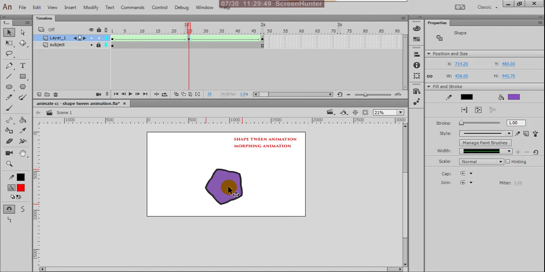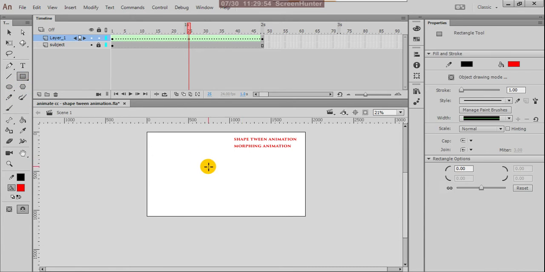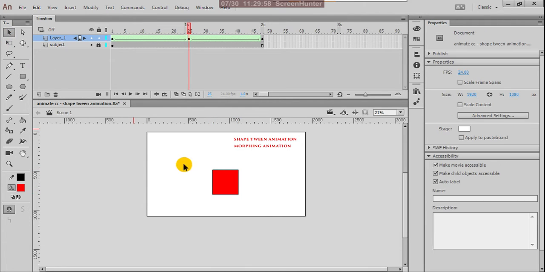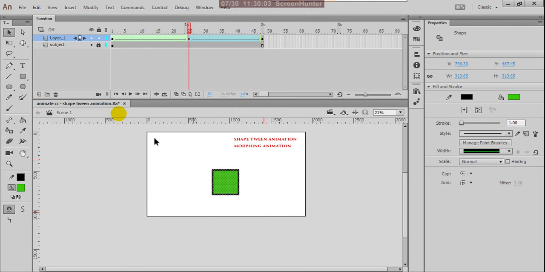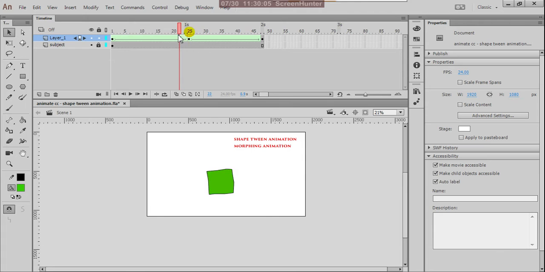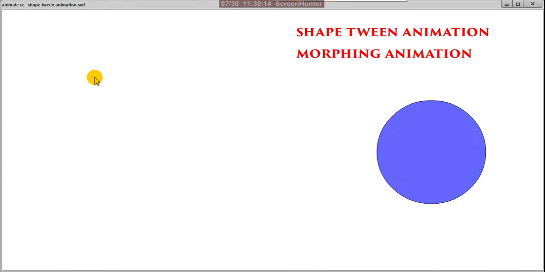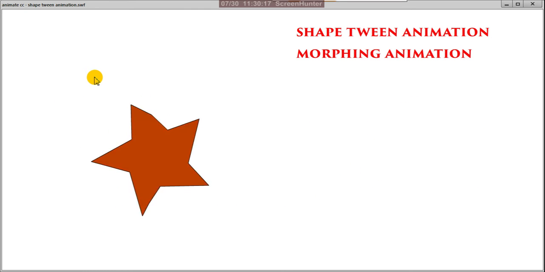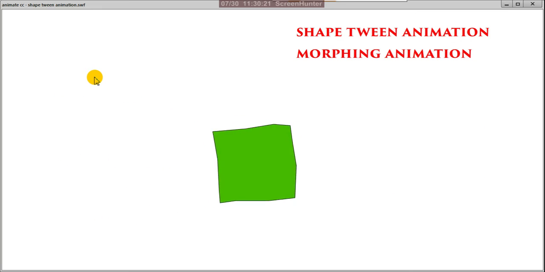Instead of this shape I'm giving some other shape like one box, and I'll give this some green color. Let us check what is happening. See this? At three key poses the shape itself is changing, from star to square, from square to circle.